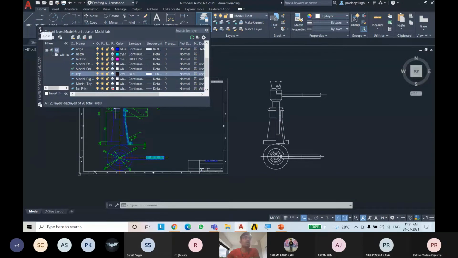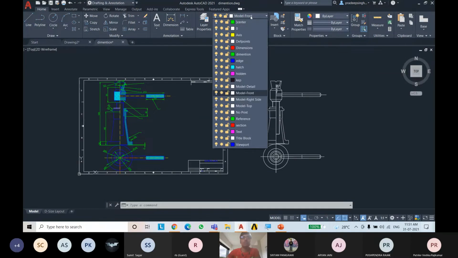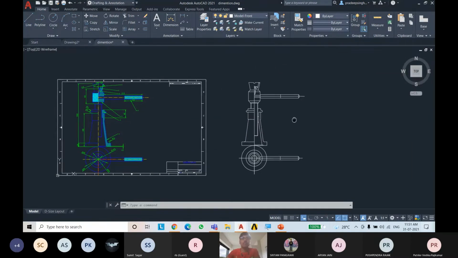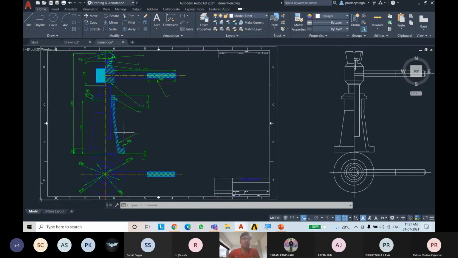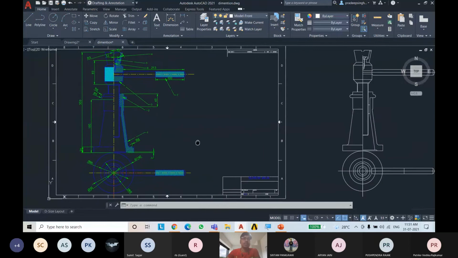So now I have already drawn these layers. You can see all the layers from this window. It will drop all the layers. So now let's start. First, let's make these edges different.